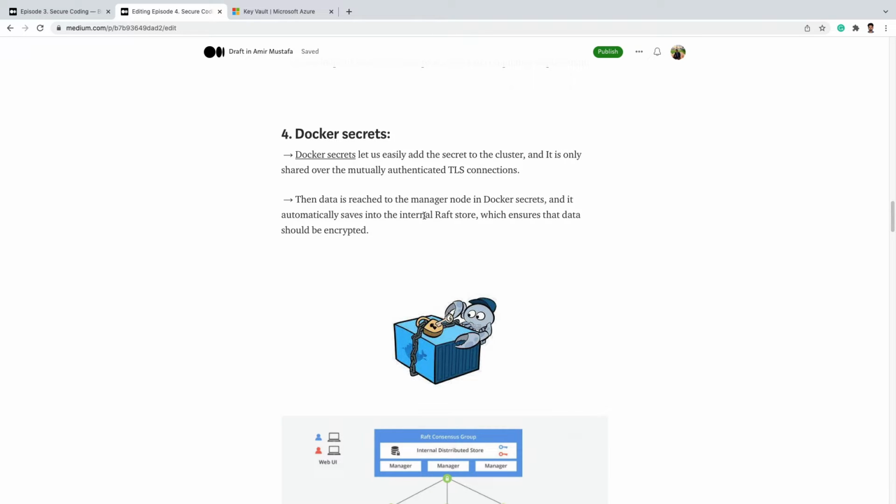Suppose there are 10 people in a team, so all of them should do the same thing. Suppose there is a package upgrade, the first person has upgraded it, the second one hasn't. So this version thing is